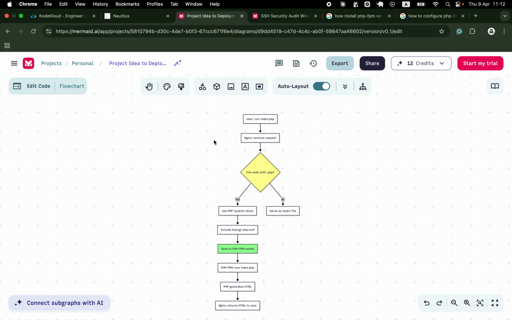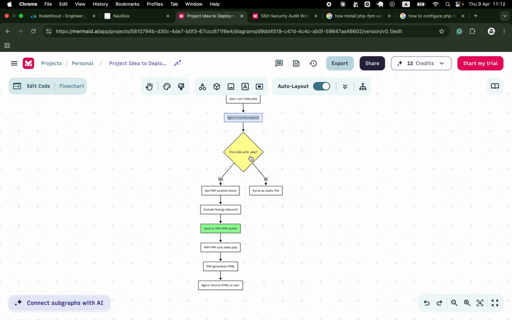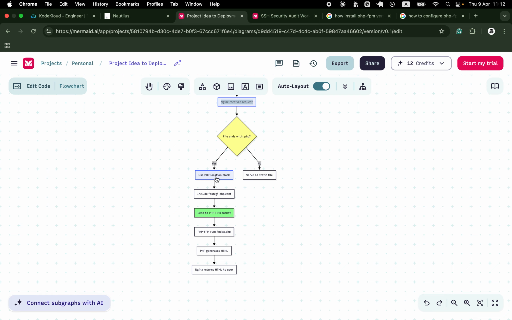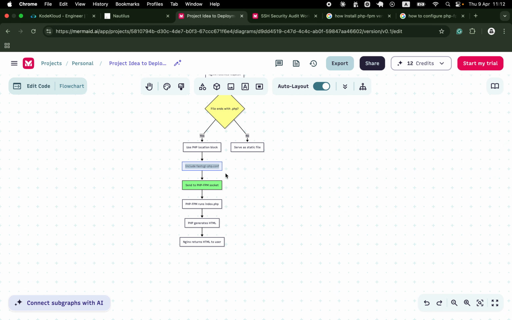So here you can understand that the user is trying to access the index.php file on the server. So Nginx receives the user request. He will check if the file is ending with a PHP extension. If it is yes, he will use the PHP location block. That's the location for PHP-FPM, so in that location, if it includes a PHP file,